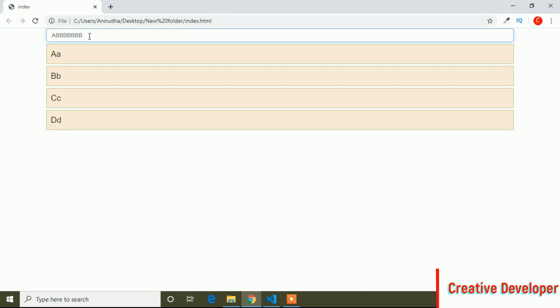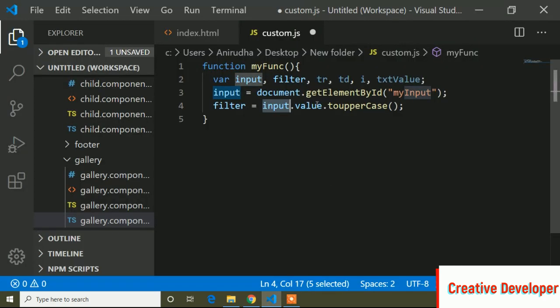So how can I manage? If I search only uppercase, for that I convert this into toUpperCase. When some user types uppercase or lowercase, it always converts into uppercase. So this toUpperCase.